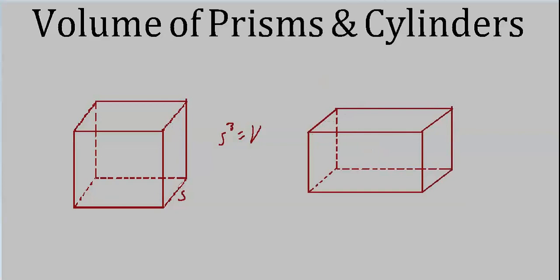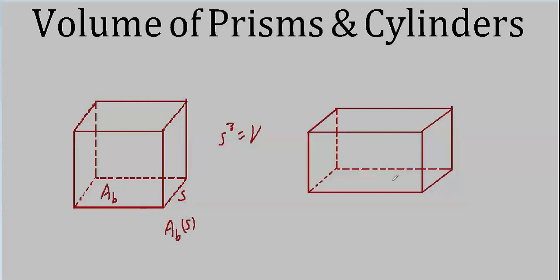Notice that when we cubed this, we could also write this as, say, V equals the area of the base, A sub b, times s, because s is the height. We could have written it this way. And what would the area of the base be? Since this is a square, this would just be s squared, and we end up with s cubed.